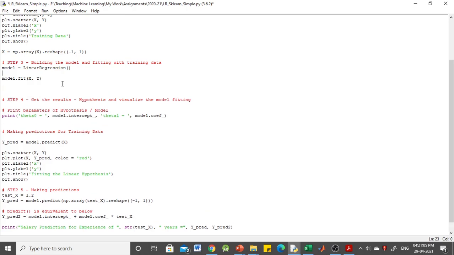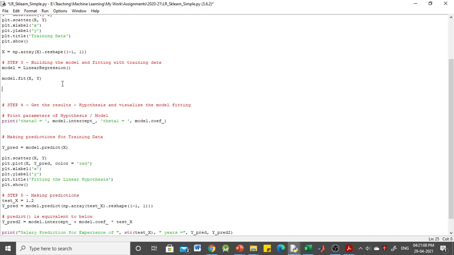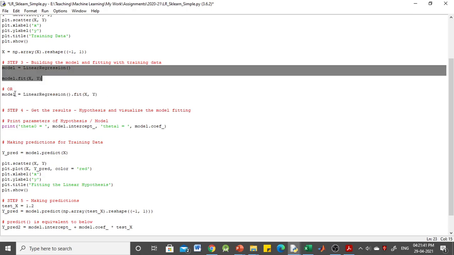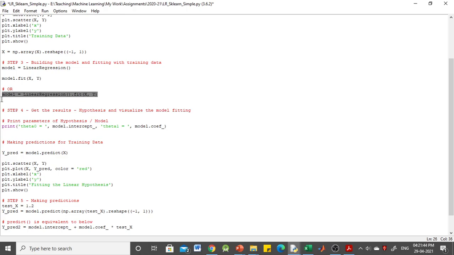Instead of these two statements, we may have a single statement like model equals LinearRegression().fit(x, y). These two statements are equivalent to this single statement. This is just for your information.